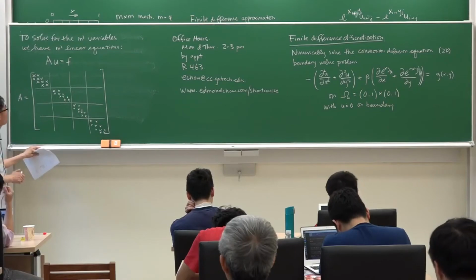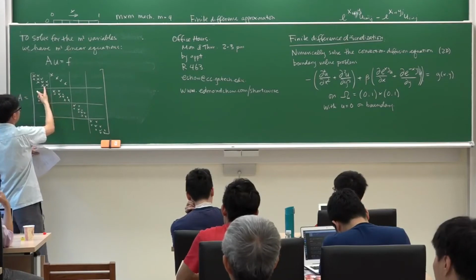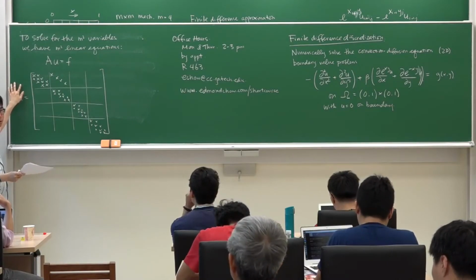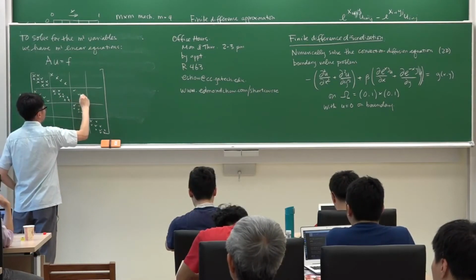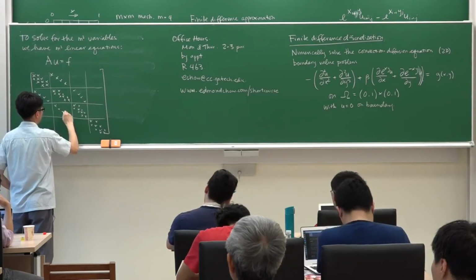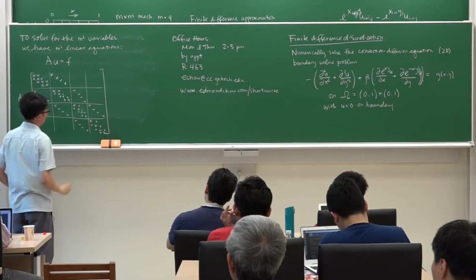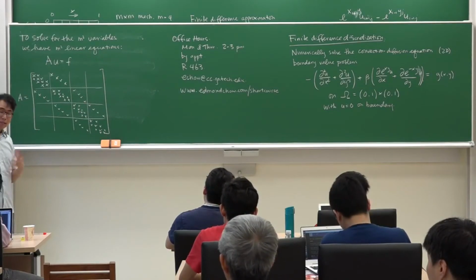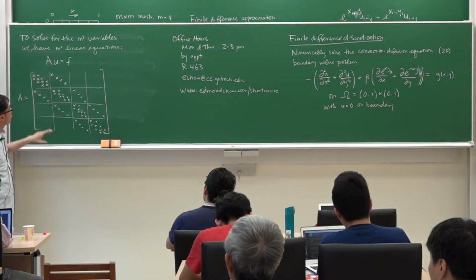And then we have connections in the y direction, and they look like this. There are also connections in the y direction over here, but this goes off of the grid, connecting to the boundary values, and the boundary values are 0, so we can just ignore them. I took some time to draw this. This is a very common structure. You're going to see it over and over in this course. So this is what the structure of the matrix A looks like.